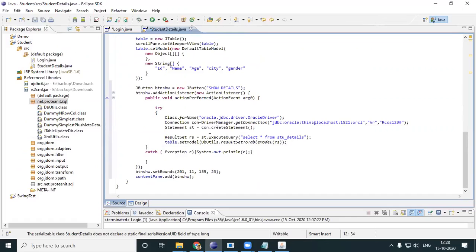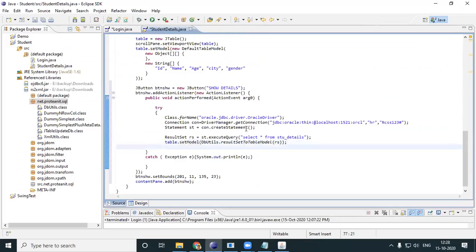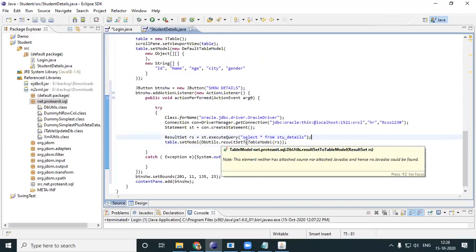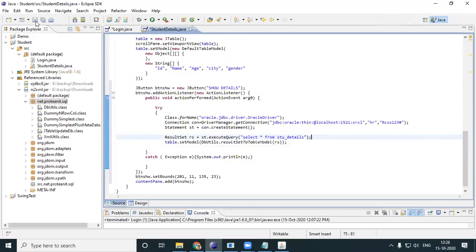It will come automatically. You need this if you want your table to work, because you're always converting your result set into a table model. So what I've done is a select query, and all I'm doing is converting my result set into my table format.